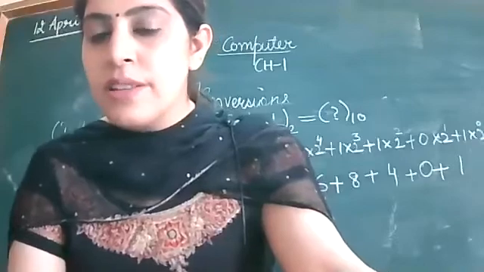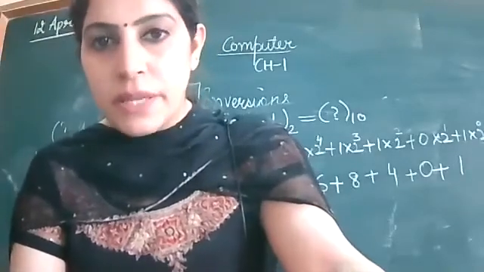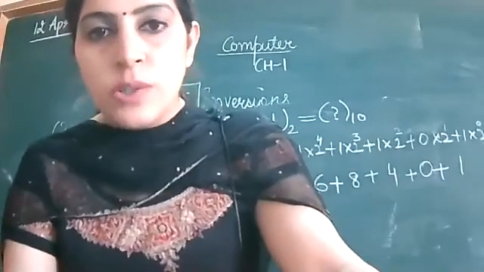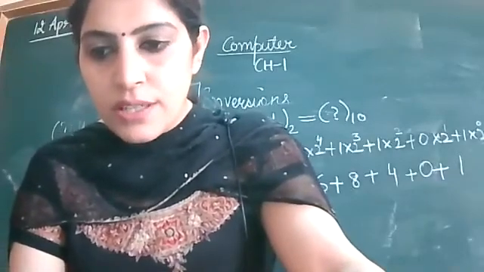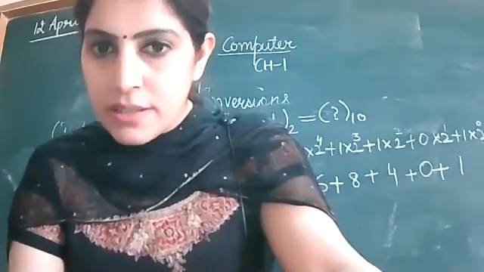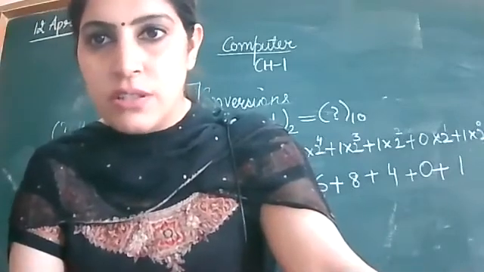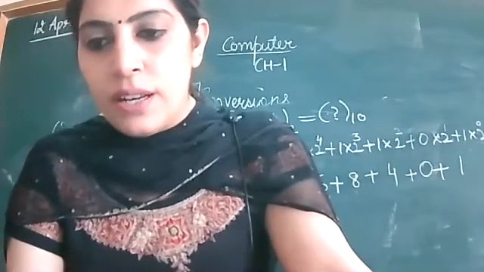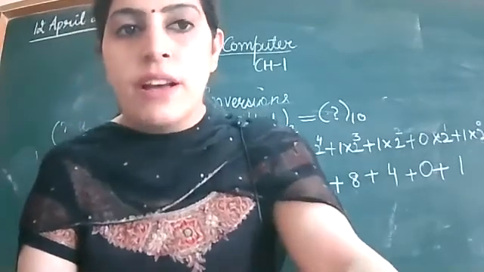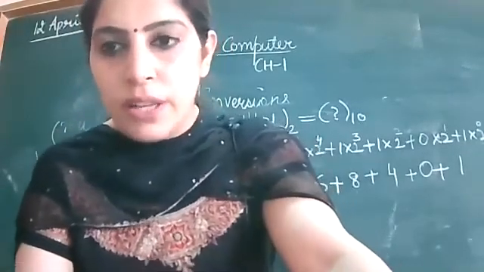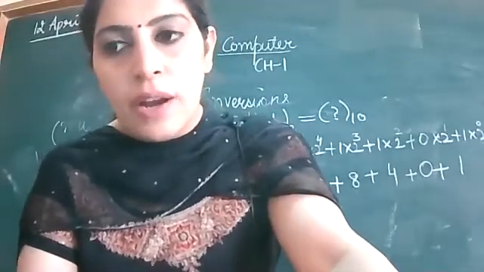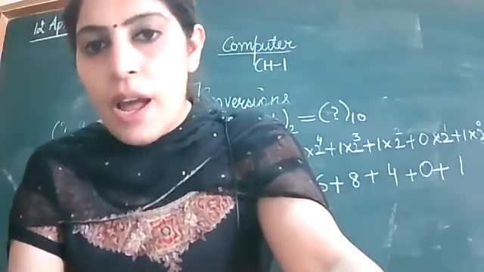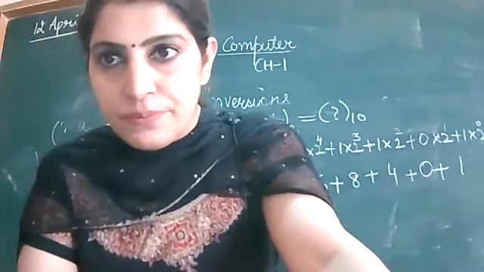Correct. Customized software is made as per the specific requirements of an organization. It is also known as tailor-made software. Example, library management system, airline reservation system. Clear? Yes, ma'am. One line of the definition, it is made as per the specific requirements of an organization, and then you have to tell its other name, that is also known as tailor-made software. Right?